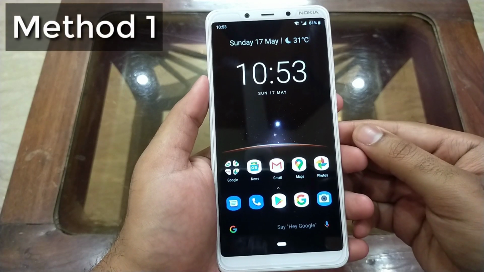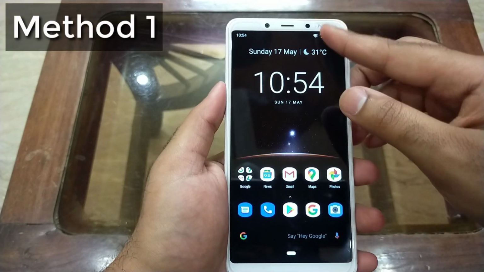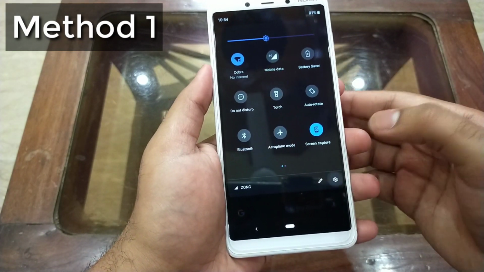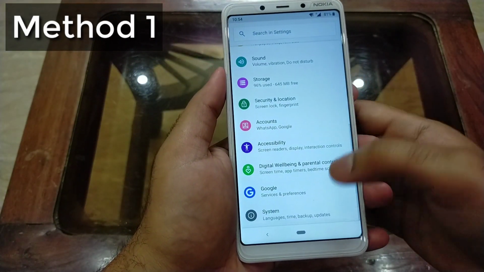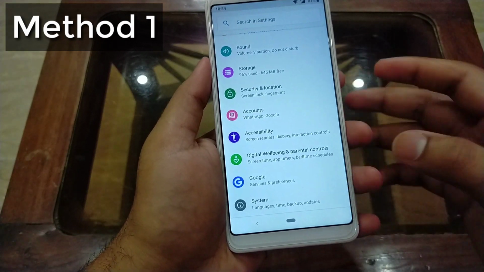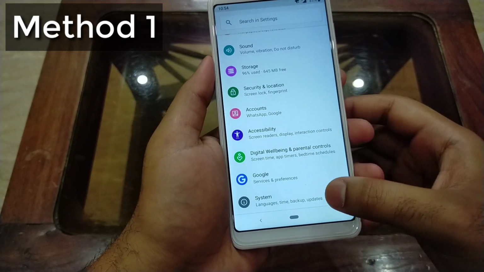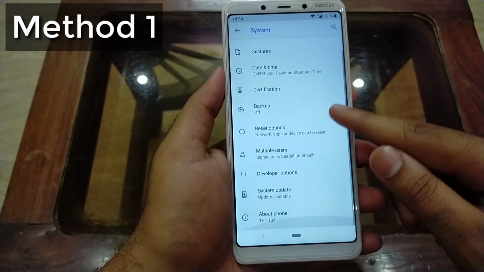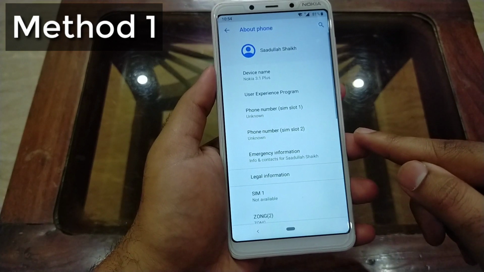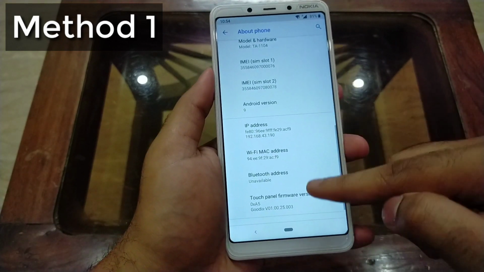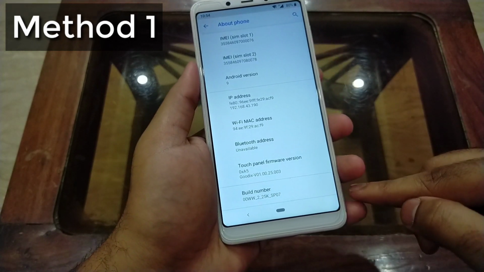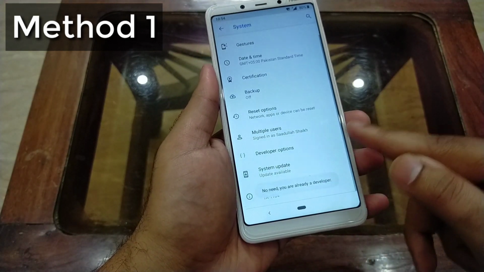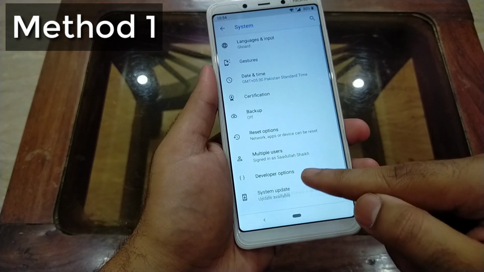So in first step we will do some advanced settings which are available on any Android device which can make your device faster. So first of all, go to settings and scroll down to the bottom until you see the about phone option, but in my case my about phone option is in the system section, so click on it and then click on advanced, and here is an option about phone. So open it and find the build number and tap on build number 7 times to enable the developer options. And now guys, go back and here is an option, developer options.